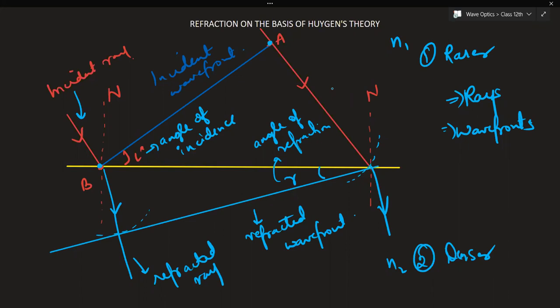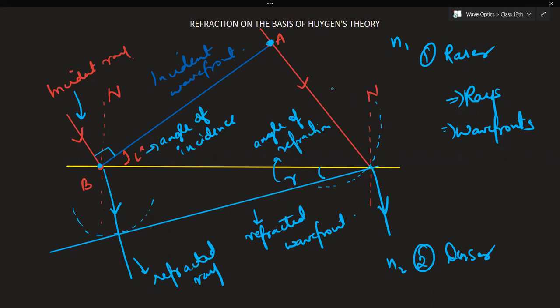Now, this is the incident wavefront, perpendicular to the incident ray. This is the incident wavefront, and this is the secondary wavefront that has been drawn based on Huygens' principle because of this source B. Similarly, this is the incident ray. This is the refracted ray. Normal refraction occurred here. This was the incident wavefront, so this also became the new fresh source. Similarly, here also a secondary wavefront was generated. Now, when we join all the forward envelope of this, it gives us this secondary refracted wavefront. So this is the refracted wavefront, not the refracted ray.